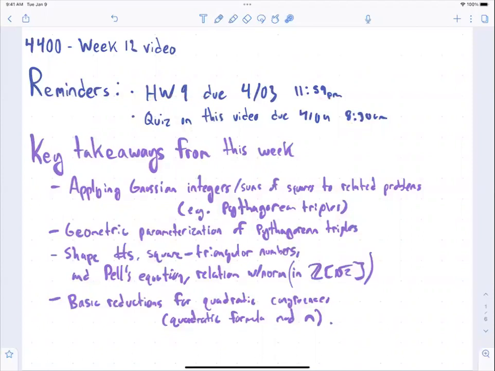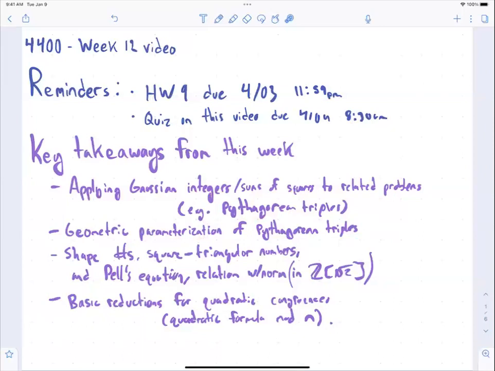So what were the key takeaways from this week? Well, on Tuesday, we saw how to apply the Gaussian integers and our knowledge about sums of squares and how they relate to factorization of the Gaussian integers to some related problems, like finding rational solutions to equations or finding Pythagorean triples. And then, bootstrapping off of that, we also talked about a different approach to parameterizing Pythagorean triples